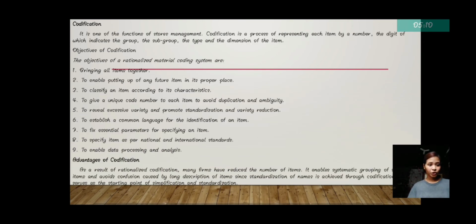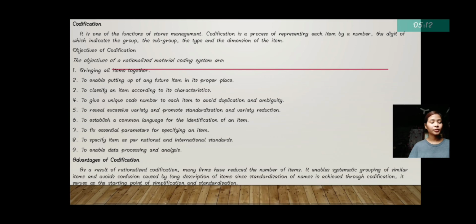Then, codification. So, codification is one of the functions of stores management. Codification is a process of representing each item by a number, the digits of which indicate the group, the subgroup, the type, and dimension of the item. So, objectives of codification